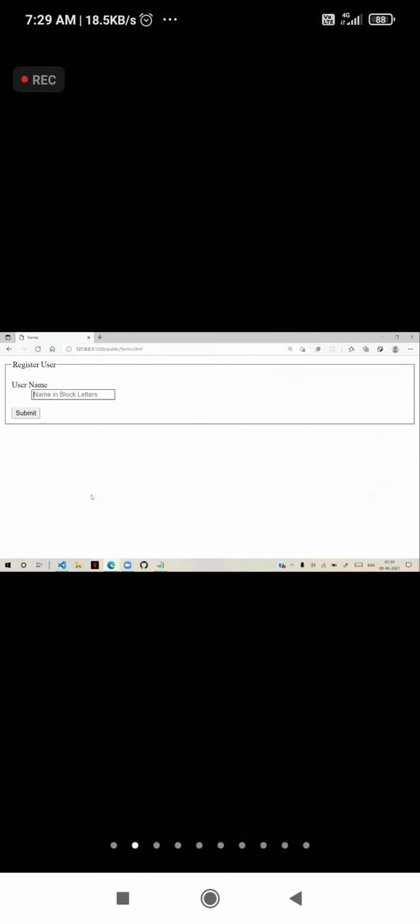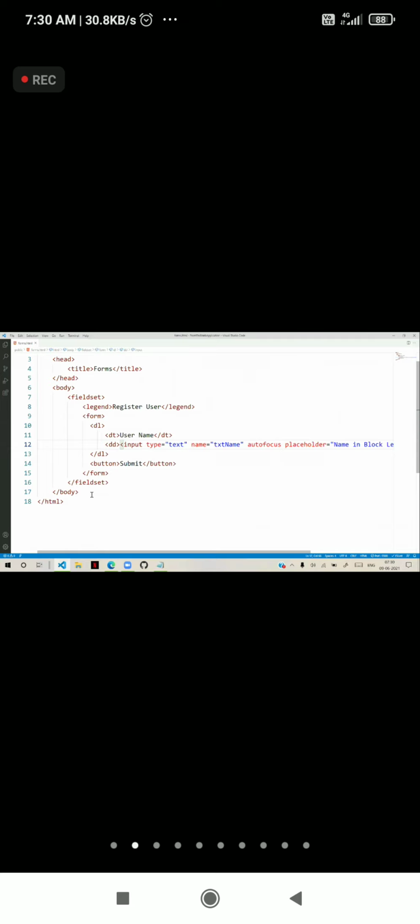Suppose there are several text boxes, and you give autofocus; it will not work for all of them. It will work only for the first one. If you give autofocus for all text boxes, only one will get it, and the first one will get the focus. So that is autofocus.